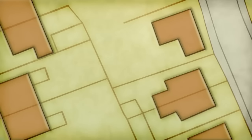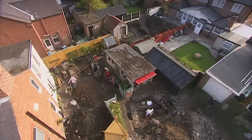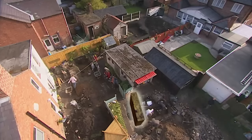Yeah, but, you know, it's the process of trying to find out what's there. Three days ago, this was our starting point. A map of stone walls joined together by archaeologists and historians in a way that suggested a very big bath complex in this area. We now know that they were wrong. Most of these walls weren't even Roman, except for this one. But then, just when we thought that was it...